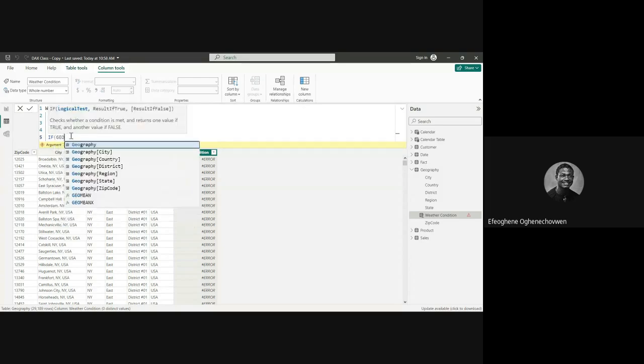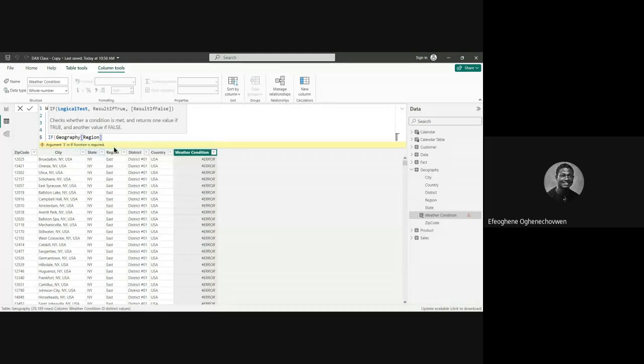Geography again, all right, equal. If geography, the region is equal, this is in our double quotes, equals central. All right, we just have 3 geography region. What should it return? So if the central part of the country, return hot. All right, so we put in our hot word here, and then